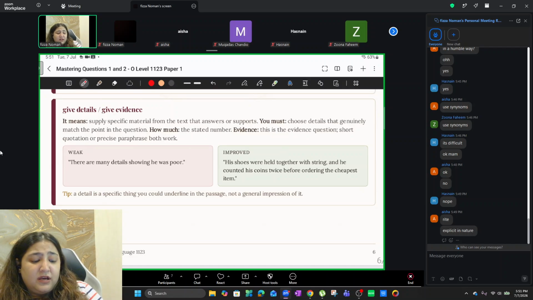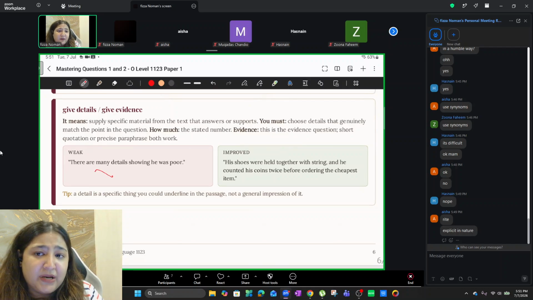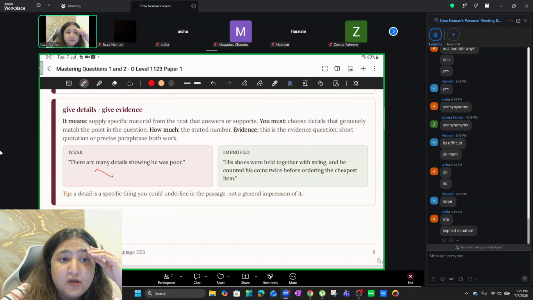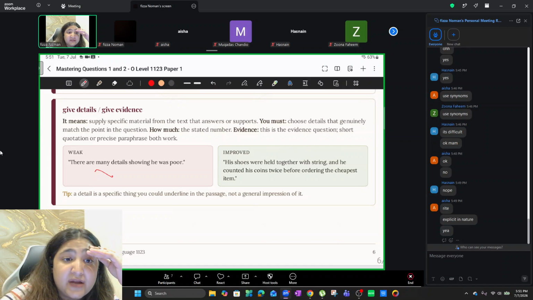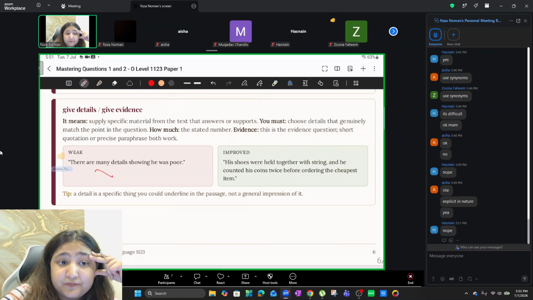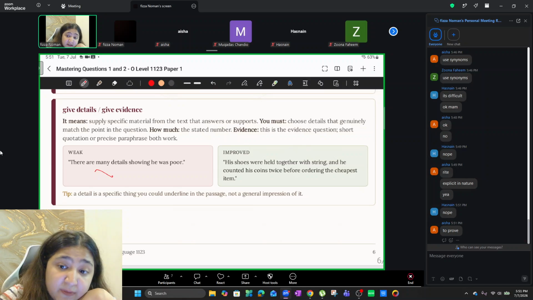So, for example, this is weak. There are many details showing he was poor. What details? I need proof. Let me give you an example in this. Probably you guys have given the Islamiyat paper already, right? Islamiyat का paper सबने दे दिया हो या देना हो, या are you guys familiar with Islamiyat 2058? Yes. उसमें हम references लिखते हैं कुरान के और हदीस के. क्यों लिखते हैं? Why do we do that? Because we are cementing our argument कि ये बात मैं नहीं कर रही, ये बात कुरान में भी है या हदीस में भी है, right?